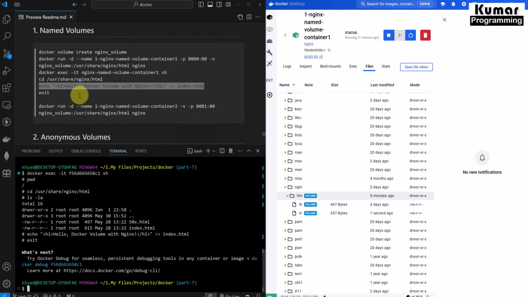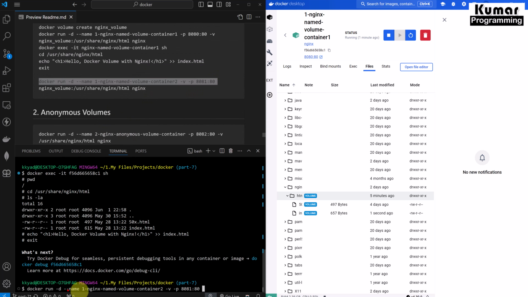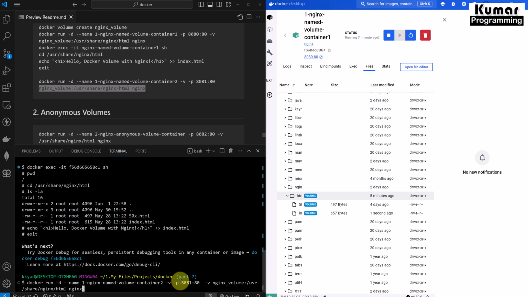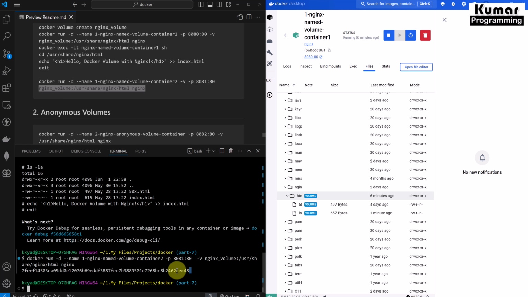Great. Now I'll create another container, container 2. See here, I'm creating another container named nginx named volume container 2, and passing the volume here with -v, giving the path for our container file, and I'll remove this -v from here, right? Press enter. So now our second container is going to be created.